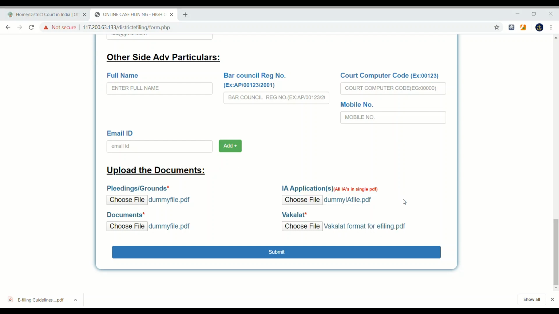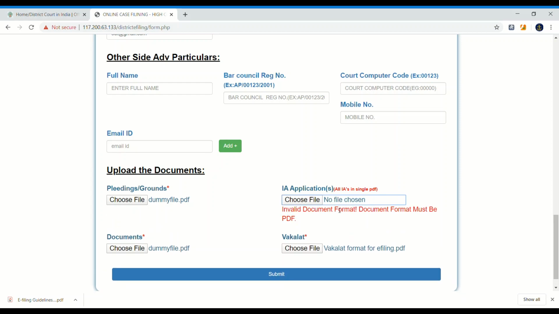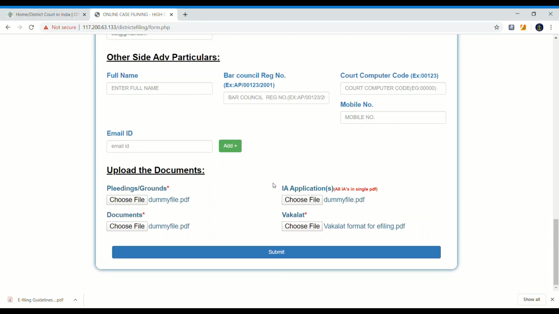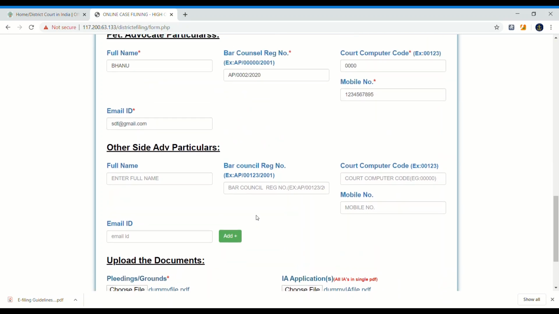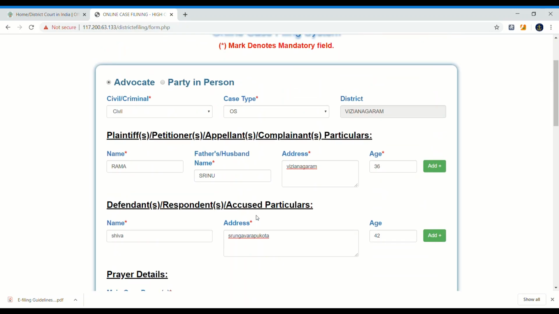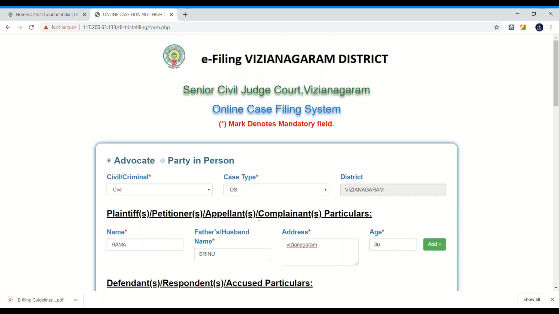So all the files are uploaded, and before submitting we check whether we entered the details correctly or not.